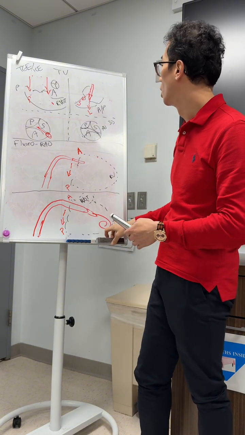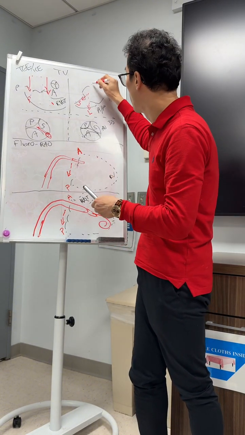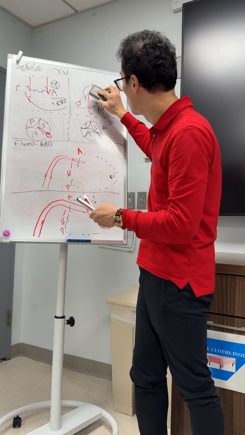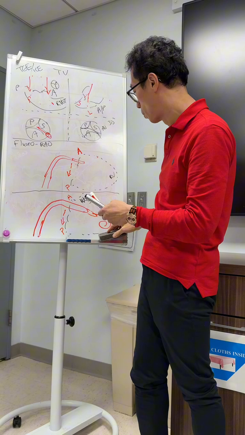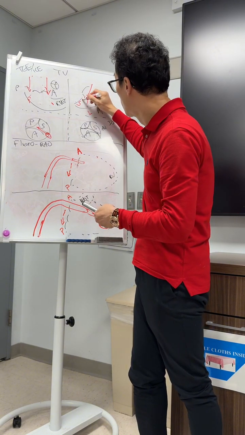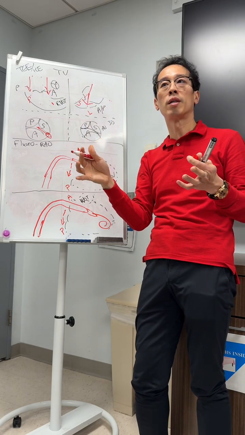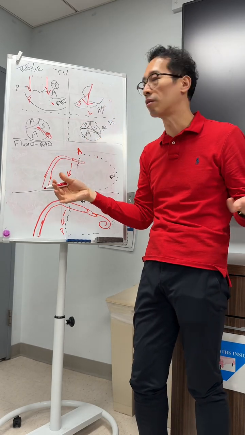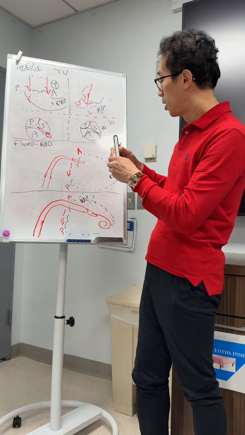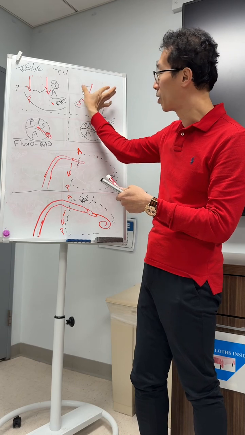Okay, so let me just show this here. Actually, let me just leave it here. Okay, let me just erase this part a little bit to show the concept. If it's TTVR, remember the septal leaflet is usually the shorter one, right? It's like the posterior leaflet of the mitral valve. So if you come up the grasp like this, and your septal is retracted, it's gonna hard to hook it,